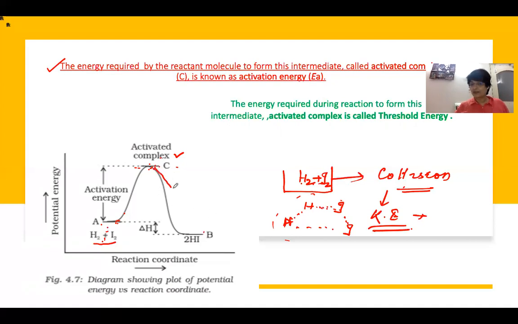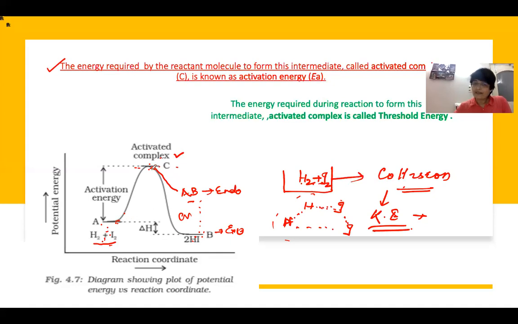Either we expect this kind of product, or this kind of product, but HI formation we cannot take as endothermic. This indicates endothermic, either this or this is possible. For HI formation, it remains exothermic because the product energy is less than the reactant energy. This difference indicates endothermic in one case and exothermic in the other. We know it very well. Now we have to see this graph once again.